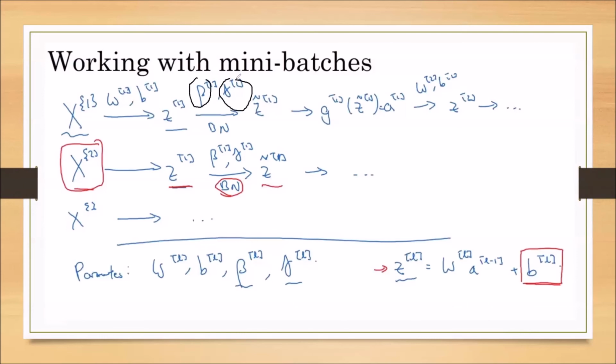Now, where are this beta and gamma? Instead of using that mu and that variance, we are normalizing this Z with beta and gamma. So when we normalize this Z with beta and gamma, I am multiplying the Z with the gamma and adding beta. Now, when we take beta as the mean and gamma as the square root of sigma square plus epsilon, according to the previous concept we discussed, we get the same normalized Z value.